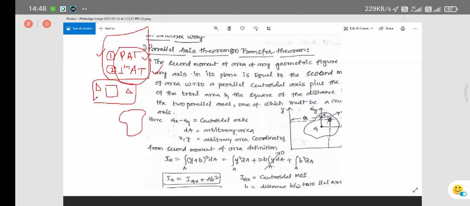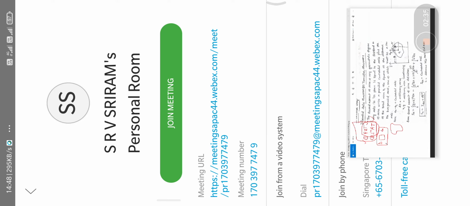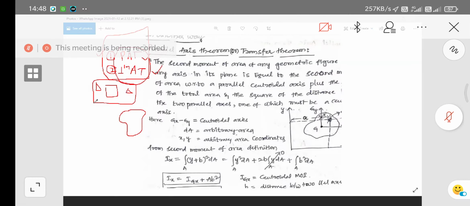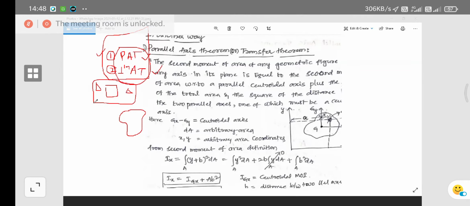Why? Because many scientists have derived the proof for them. If you know the formula directly, you put that formula in and go on to calculate the moment of inertia. But for irregular geometric figures, you have to derive the formulas, and afterwards, by applying those formulas, you get the value or solution for the moment of inertia.